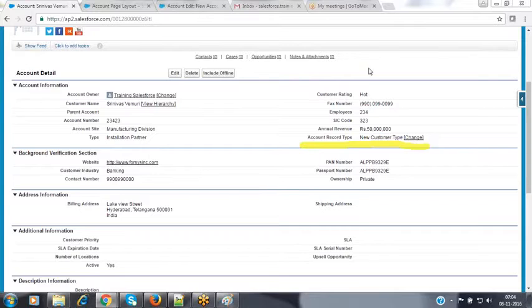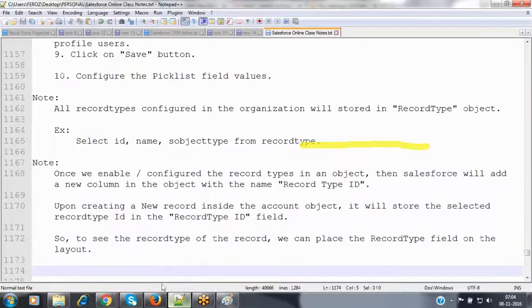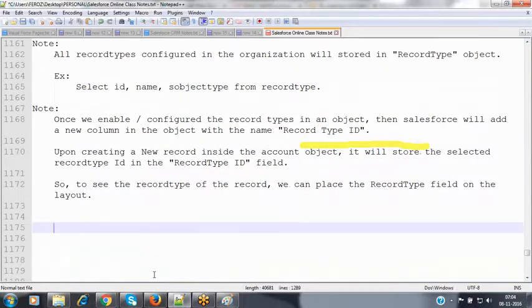New customer type. Now come to the scenario here. What is the importance of placing this field on this particular layout? For example, assume that I joined a company like TCS 3 years before. During the joining formalities, they asked me to provide an ICICI bank account. But I didn't have any ICICI bank account at that time, so I requested them to contact their bank representative so that he would open a new account for me.